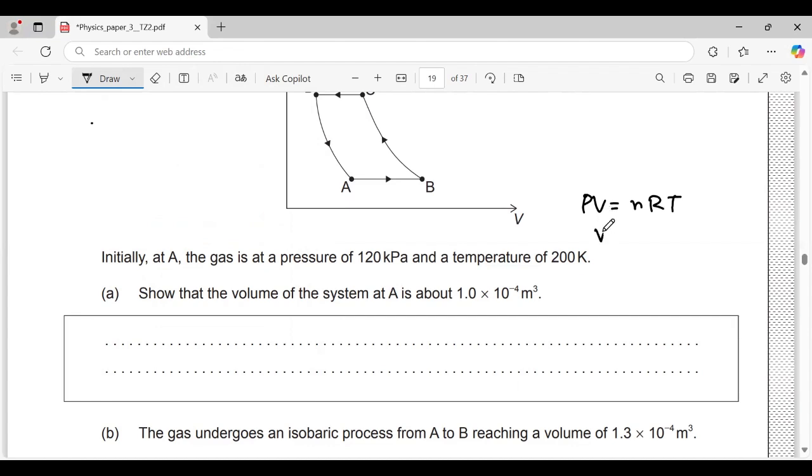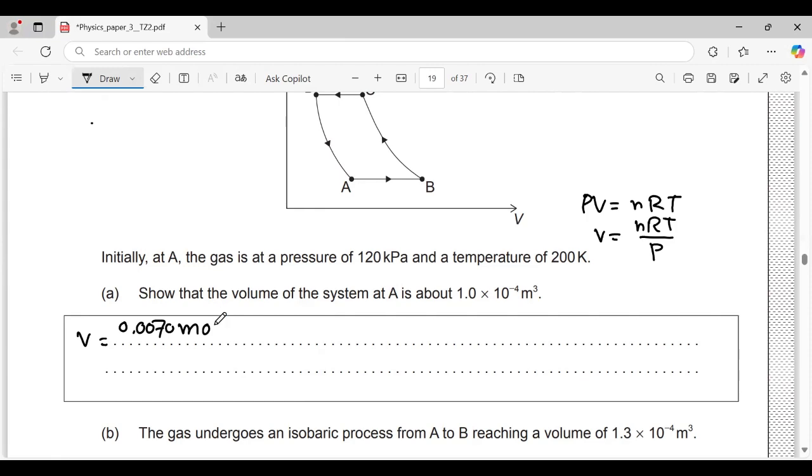If V is the subject, we can rearrange it to become nRT over P. V is volume, n is number of moles, R is the ideal gas constant, T is temperature, and P is pressure. So V equal